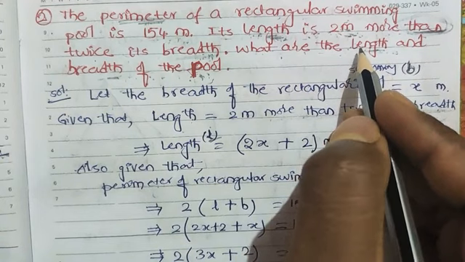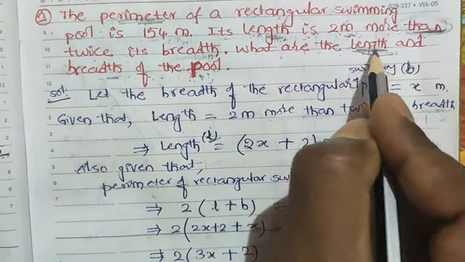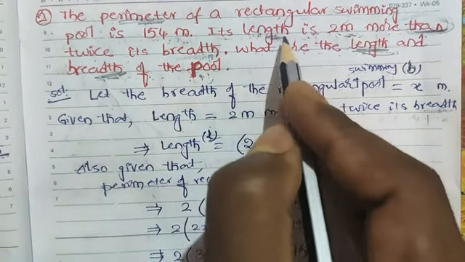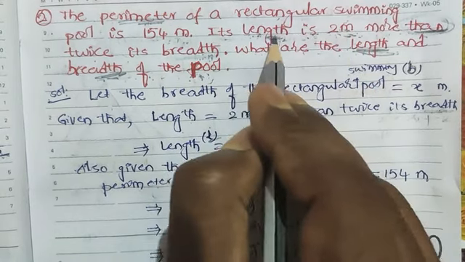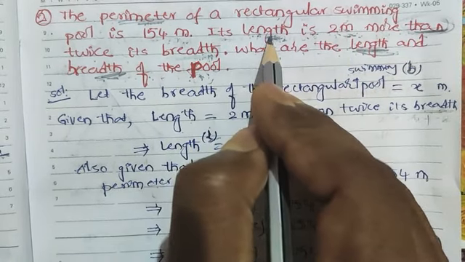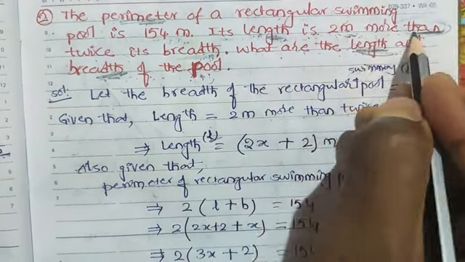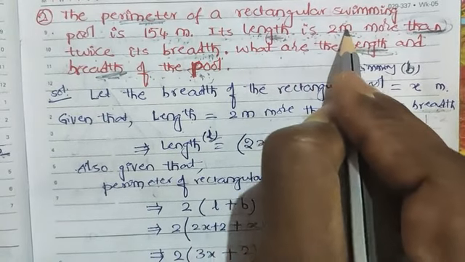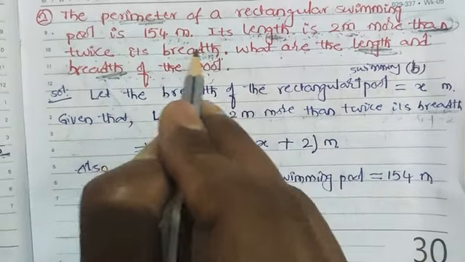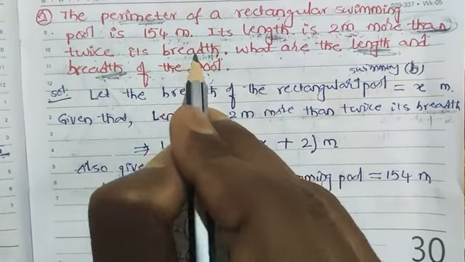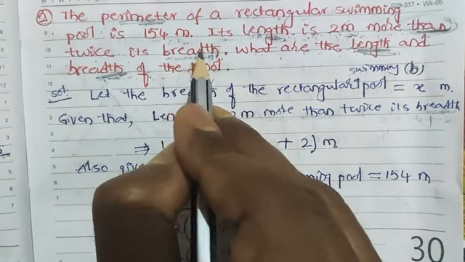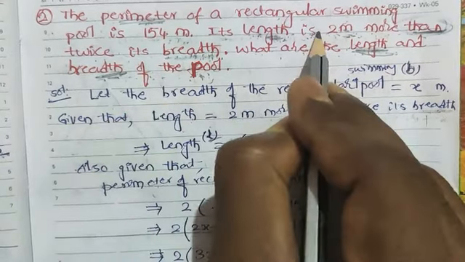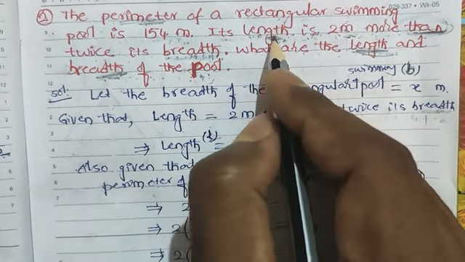For that purpose, let me give you one small hint. They are asking us to find out length as well as breadth. In this question, is there any point which is telling about length as well as breadth? So this is a point. In this condition, we have the relationship between length and breadth. Length is 2 meter more than twice its breadth. This means length is 2 meter more than what? Twice its breadth. So length is depending upon breadth. First of all we have to know breadth, and by doing this operation, twice its breadth and more than 2, will give length. So this is one way we can understand.